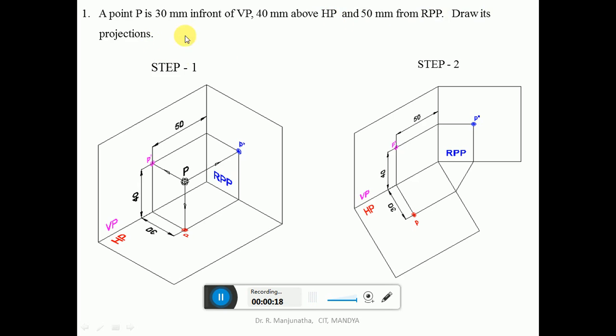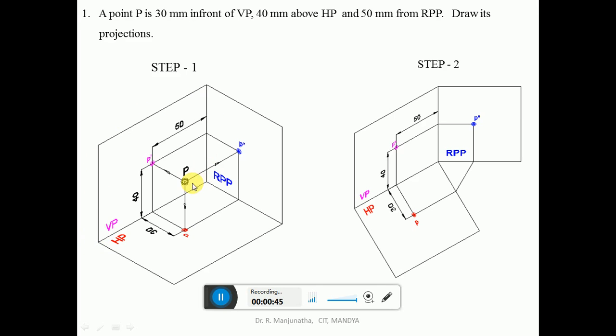So this is the projections of points, and we are considering the first quadrant. In the first quadrant, the horizontal plane will be at 0 degree. So this is the origin point. This horizontal plane is towards the right side of the 0 degree, and this will be the vertical plane, which will be at 90 degrees. So this will be the first quadrant.